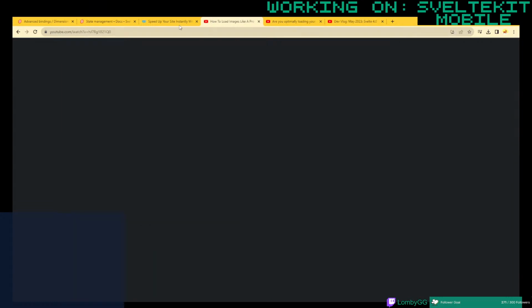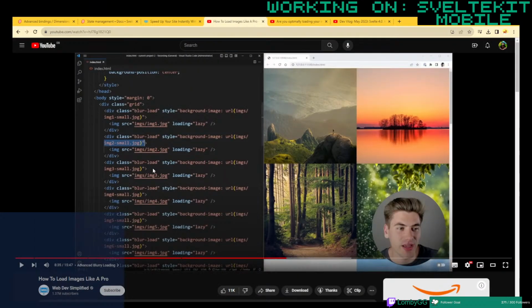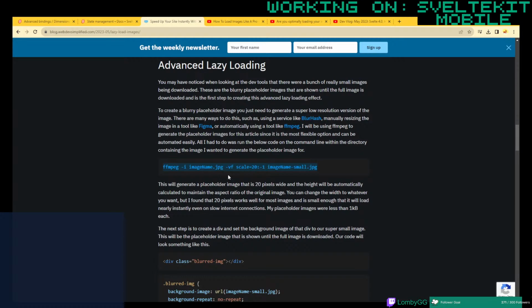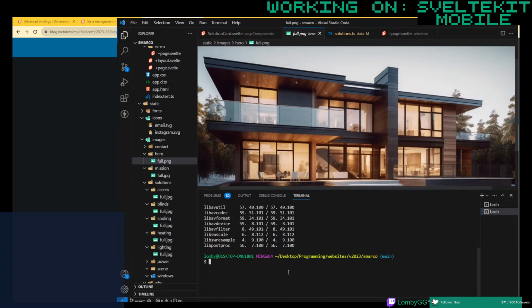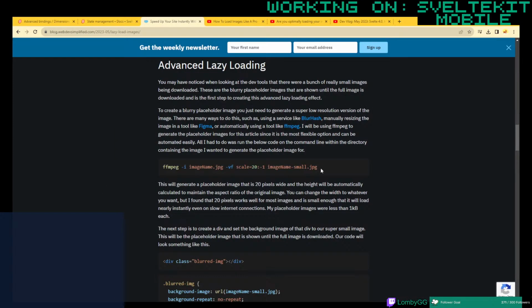I think it'll be good enough for the moment. So let's have a little look. We've got this image, which is hero full. So if we navigate to our static images hero folder, and we run this command,